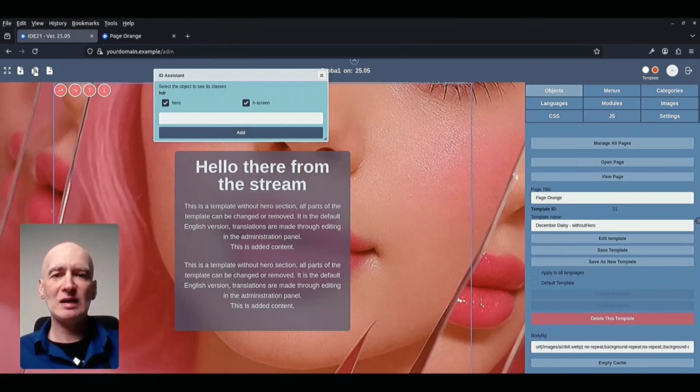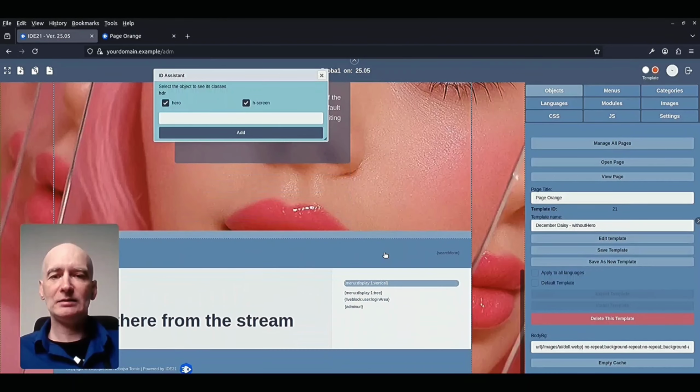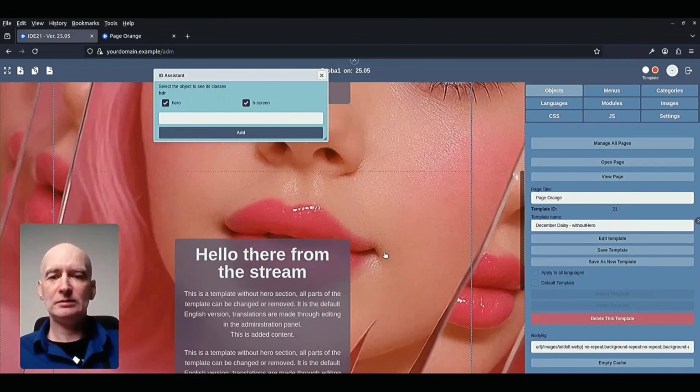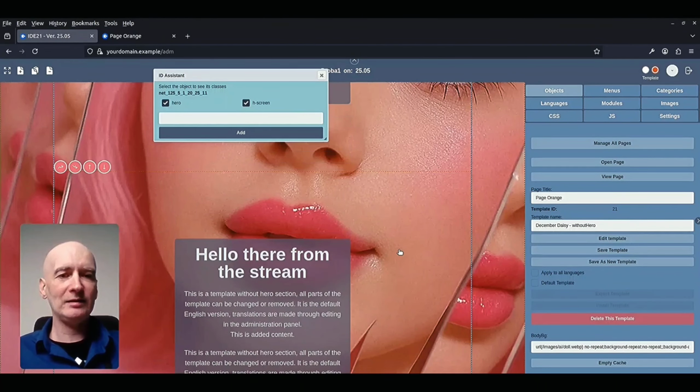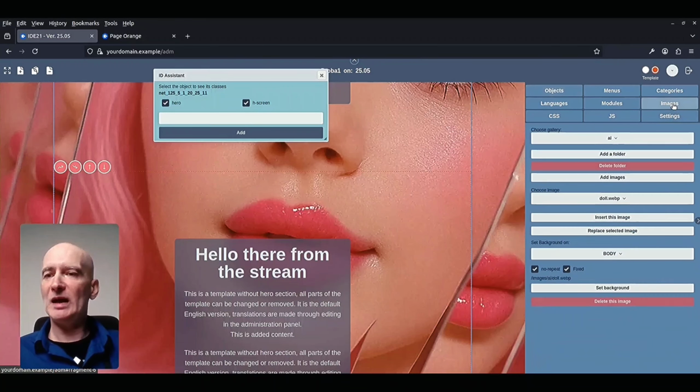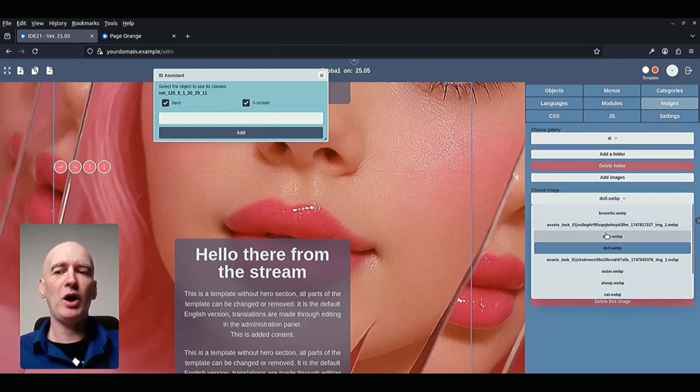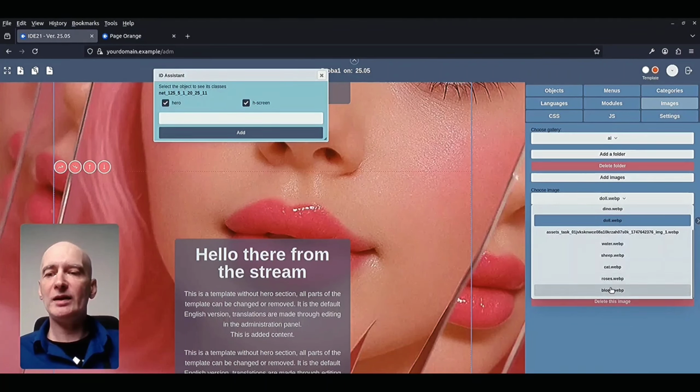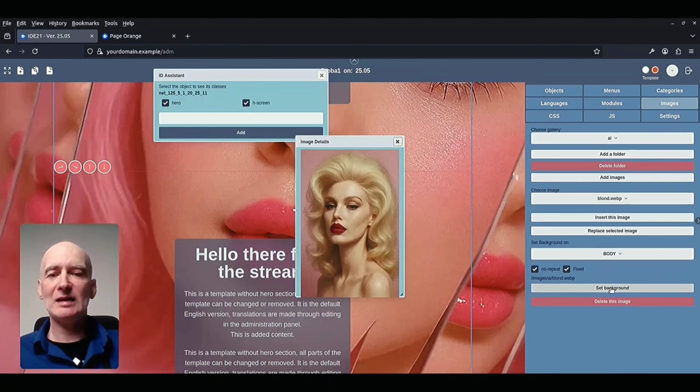Let's make 2 hero sections, and after that we will select the second hero section and apply the second image, if we want the second image. If we do not want a second image, then we can do something else with that section.